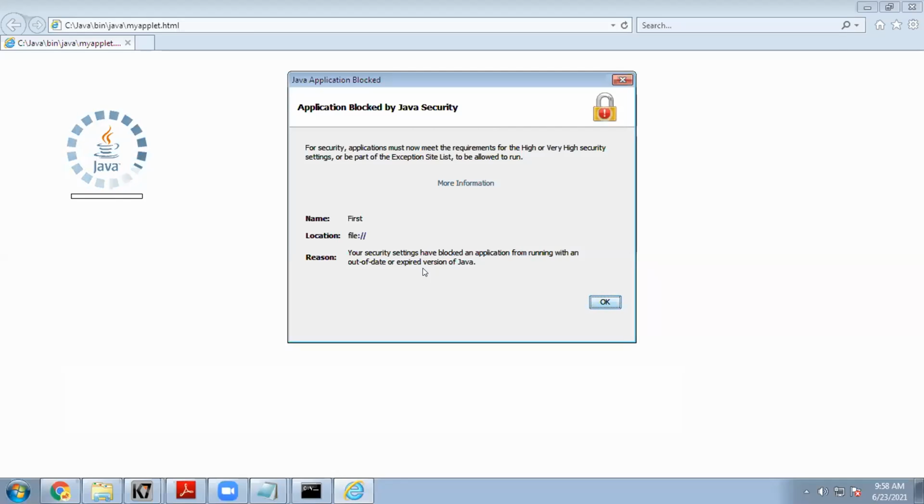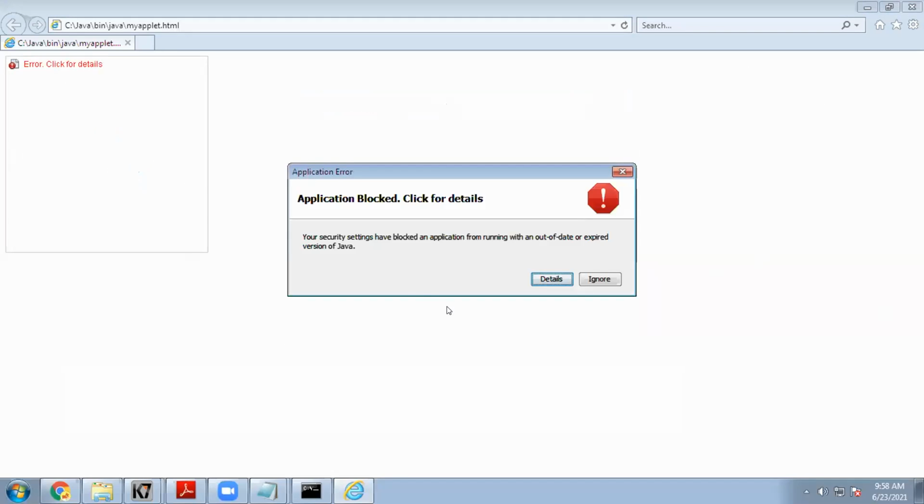So that's why, for all web browsers with older versions, there may be a chance to get output. Okay, are you seeing this? Are you understanding why we are not getting output in the web browser? See, here one window is open, but we didn't get any output. This is the out of date expired applet concept. These web browsers are not supporting this.